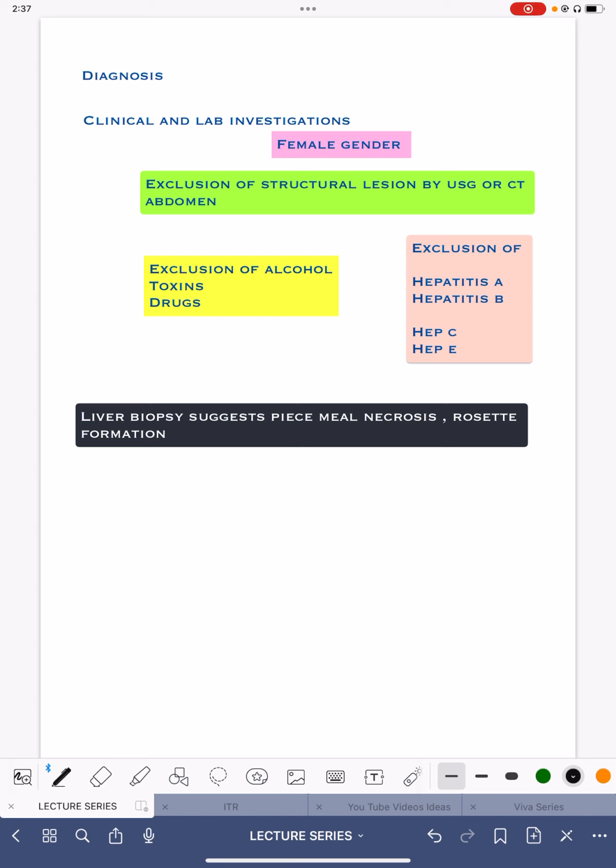Any patient presenting, especially a female patient, with derangement in LFT, especially SGOT and SGPT, in the absence of any structural lesion of the liver on sonography or CT scan of the abdomen, in the absence of any drugs or toxins like alcohol, and after exclusion of viral markers like hepatitis A,